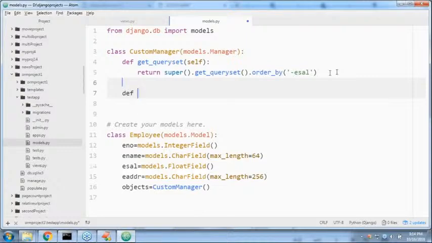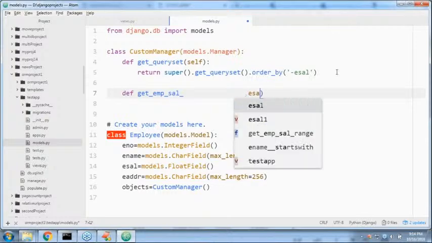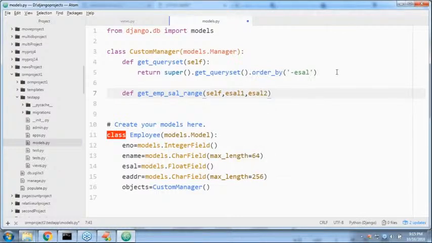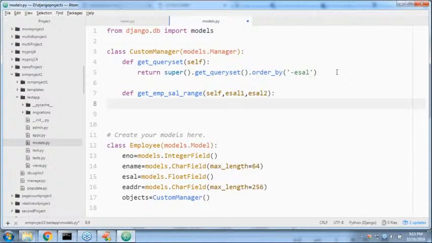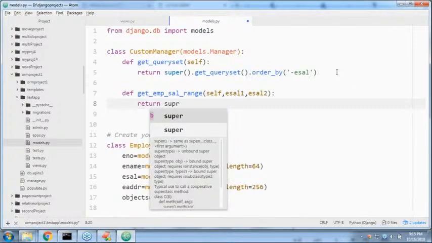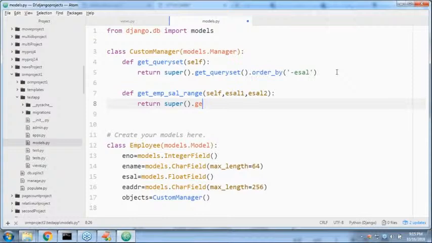Get EMP cell range. Like this I'm taking: self, comma, sl1, comma, sl2. I want all employees whose salary is in this range only. This is my requirement. I will take return super dot get query set,